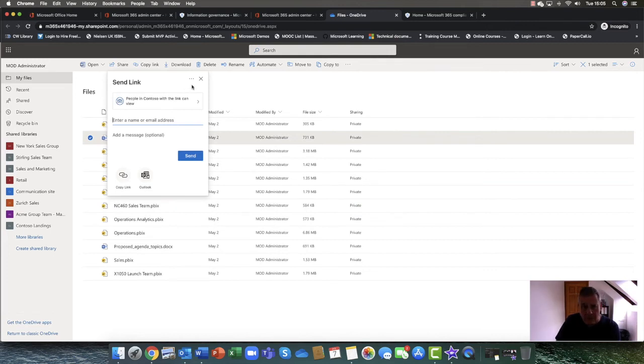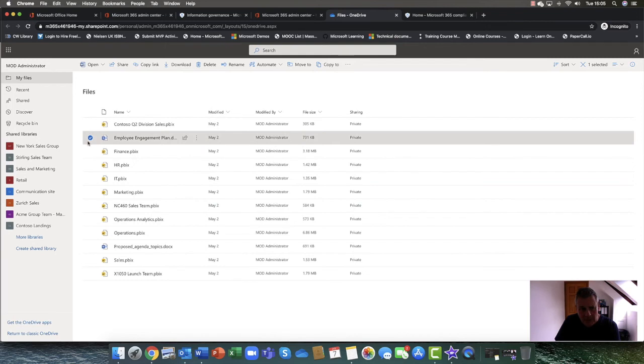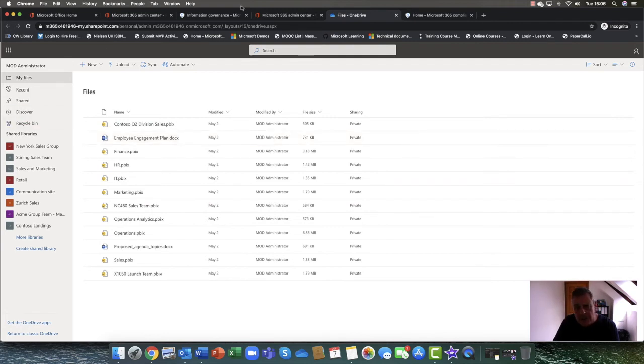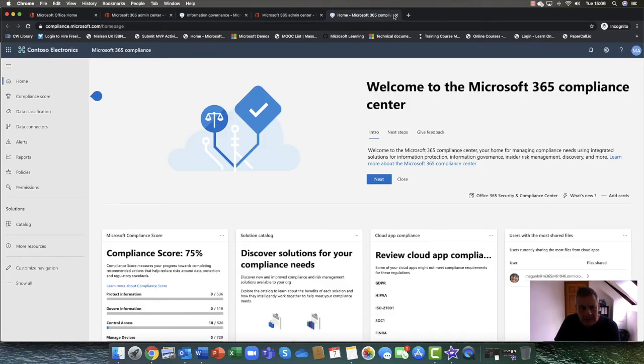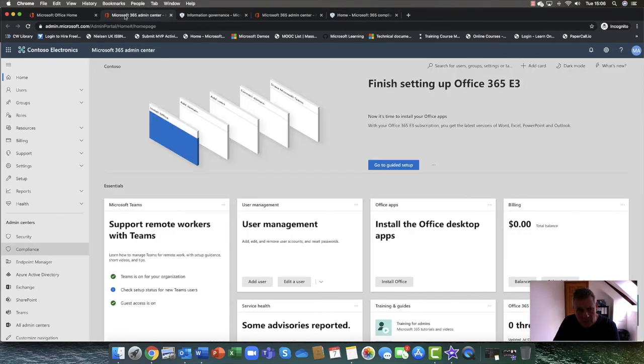All right, very good advice. Because remember, with no security, once that file's out there, it's like the Wild West. So remember, be responsible when you're sharing your content out. So that's Microsoft OneDrive. Okay, now, if I go back into my 365, what I'm going to do as well